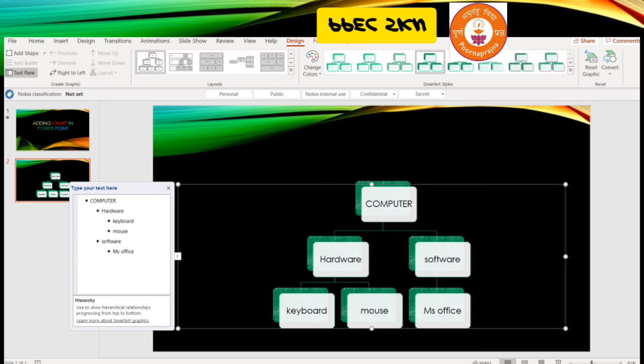And here you can see different SmartArt styles in green color. Any one style you can choose from that. And inside the boxes, I typed the text, computer hardware, software. That means depending on your content, you can type inside the boxes. Hope you understood. It's a very simple option. Okay, but the chart name is hierarchy chart. It's not in the chart category. You will get it from the SmartArt option.